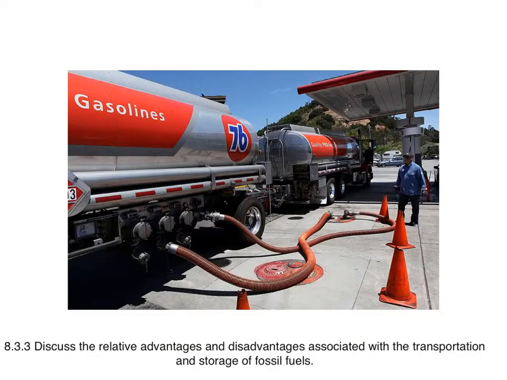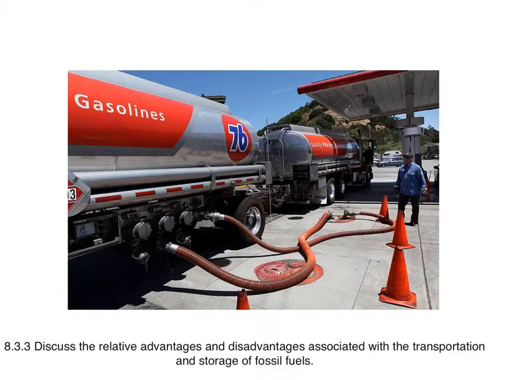In terms of transportation, again, having a high energy density is an advantage because a quantity of gasoline, for example, that can be carried in a tanker truck can power many cars for many miles. There are some downsides in terms of transportation. Again, because of the high energy density, you have a lot of energy stored in a relatively small place. So, if a gasoline tanker gets in an accident or something like that, the risk of fire and explosion is